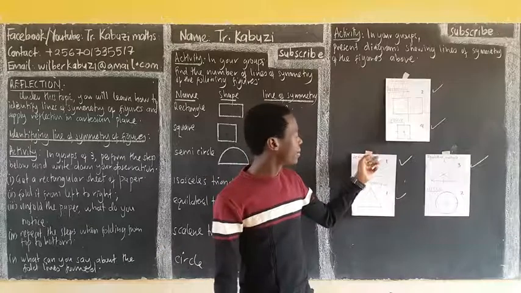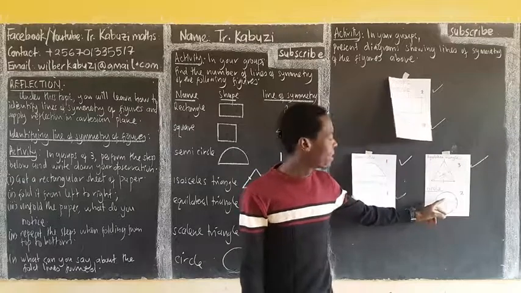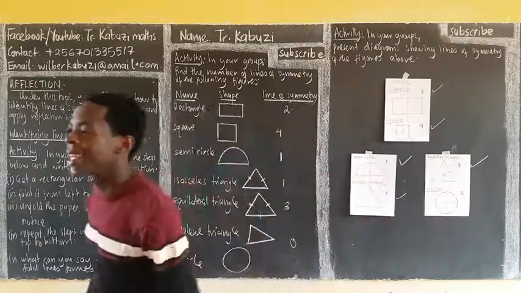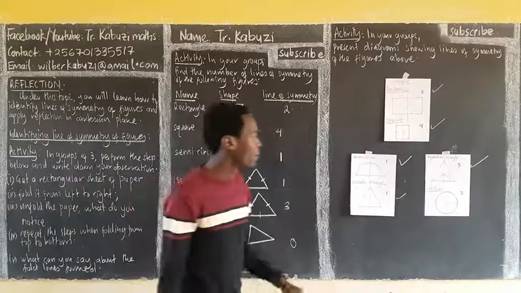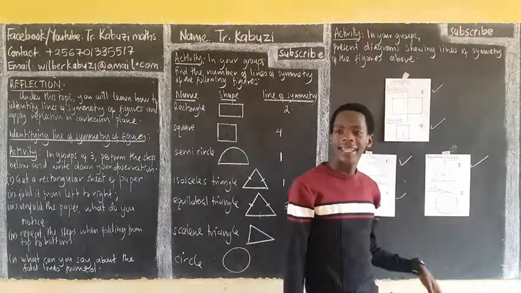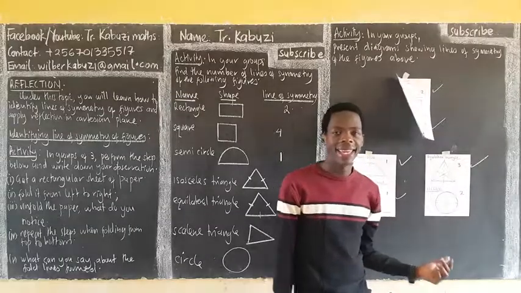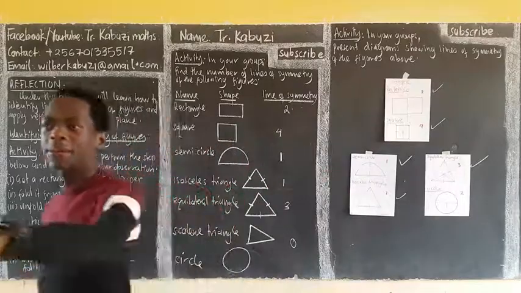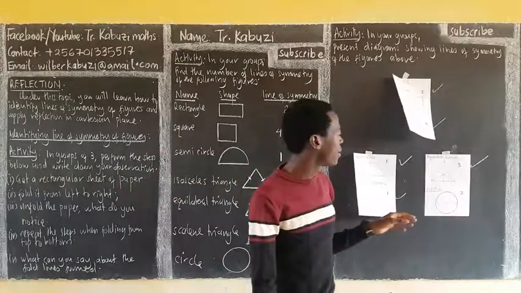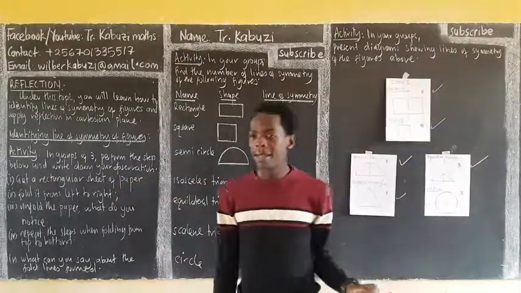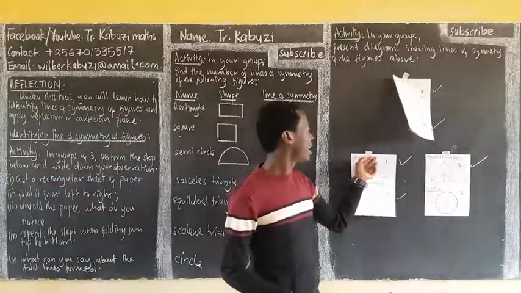Why don't I agree? First of all, you are saying it has how many? 1. Someone is saying the circle has 1 line of symmetry. Why do I say so? Because you can fold it from here up to here, and from here up to here. Someone is saying it has no line of symmetry. Someone is saying it has a line of symmetry. You mean when you fold it and you get 2 equal parts? Okay. Anyway, for a circle, it has infinite